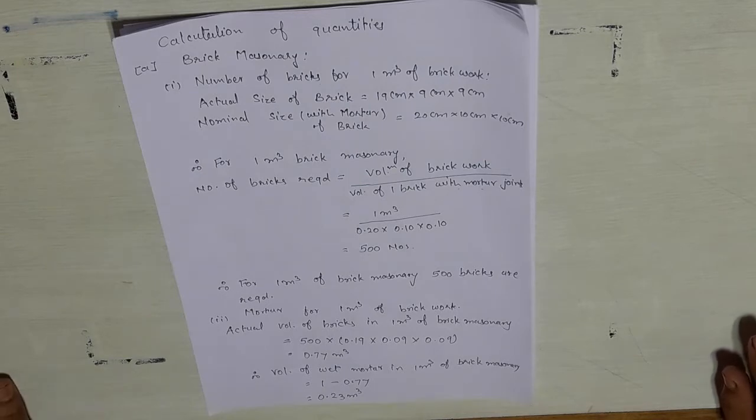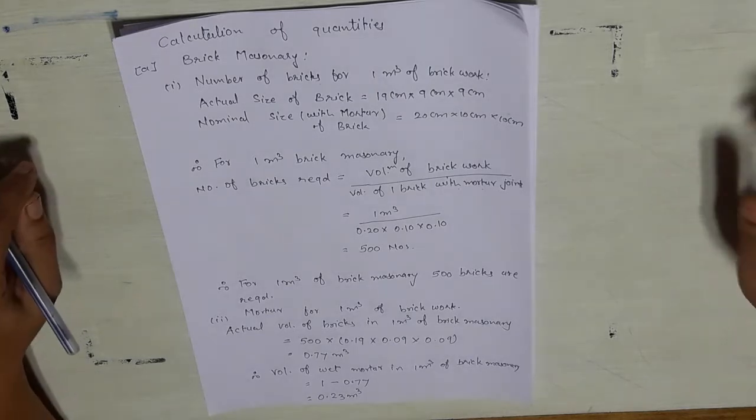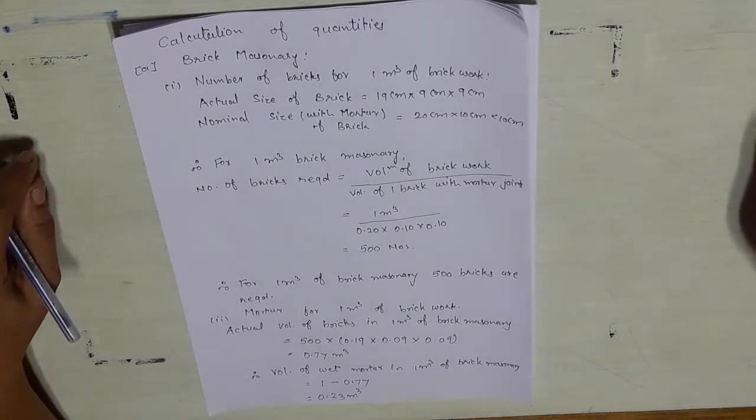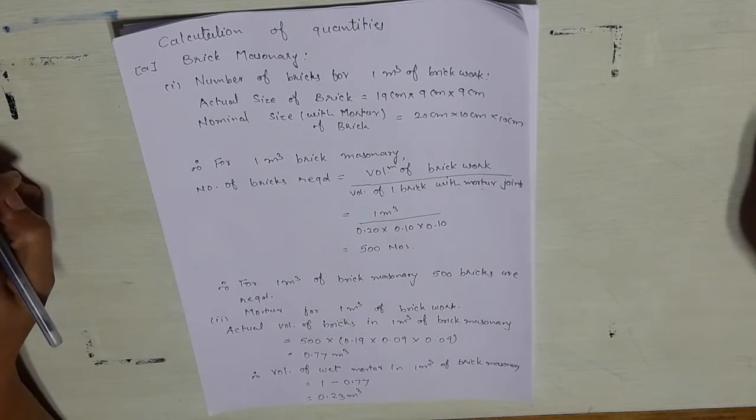Determining the rate of a particular item of work from the quantities of material and labor required and their cost is known as analysis of rate. Generally, a profit of 10% for the contractor is included in the rate analysis. The rates of material and labor fluctuate from place to place, and therefore the rate of an item of work also varies from place to place.